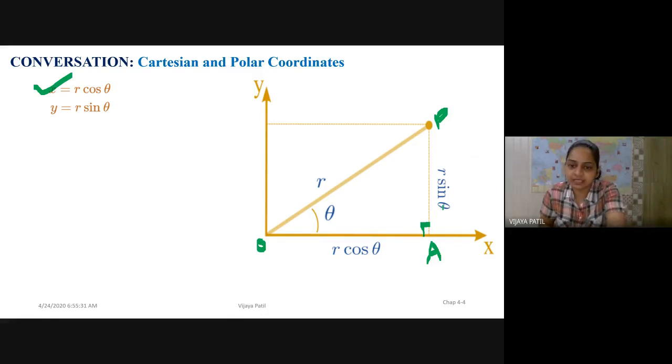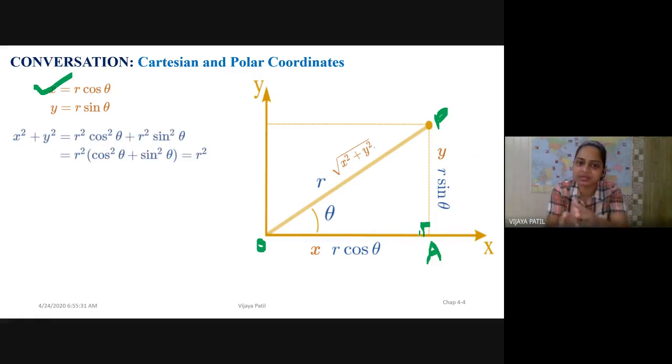Now again, let me go back to the same thing. So I have got this is x and this is y. So what would be my hypotenuse by the right angle triangle? It is square root of x squared plus y squared, right? Similarly, we can show this same identity using this. I have got x equal to r cos theta, y is r sin theta. And therefore x squared plus y squared is equal to r squared cos squared theta plus r squared sin squared theta. So x has been replaced as r cos theta, y has been replaced as r sine theta. You know that this identity is equal to 1, and therefore I'm going to get my r square. So x square plus y square is r square.